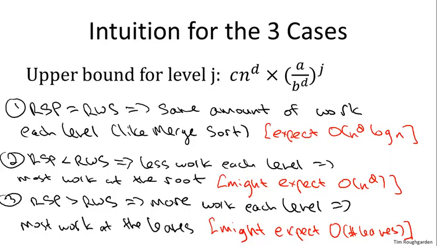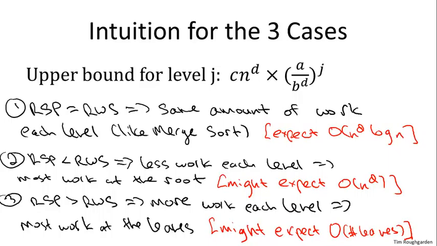So let's summarize what we've learned in this video. We now understand that fundamentally there are three different types of recursion trees. Those in which the work done per level is the same at every level, those in which the work is decreasing with the level, in which case the root is the worst level, and those in which the amount of work is increasing with the level, where the leaves are the worst level. Furthermore, it's exactly the ratio between a, the rate of subproblem proliferation, and b to the d, the rate of work shrinkage per subproblem,